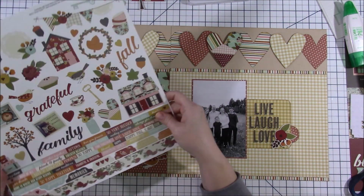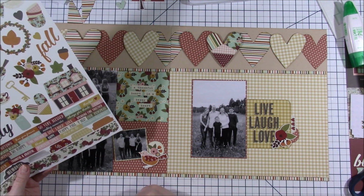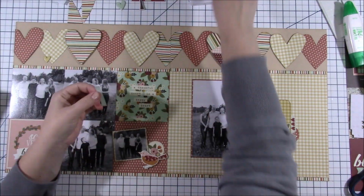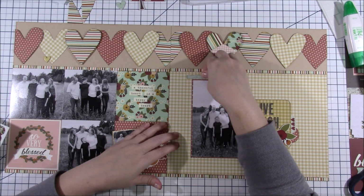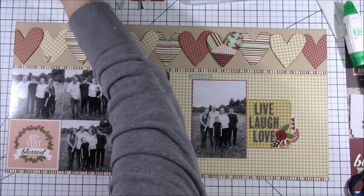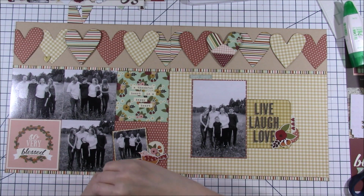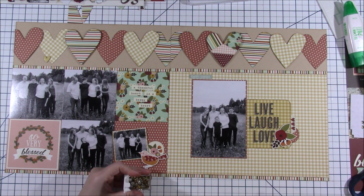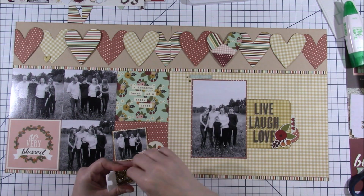One of the things they did have on their kit was a couple journaling strips below the photo area and one word that they cut from one of the 4x4 cards above the photo, where I'm putting this blue word sticker here, but I didn't like what it said on the ones they used. I think it said, "You're my cup of tea," or something like that, and I didn't want to use that here. So since I had all the other stuff from the collection, the sticker sheet and that, I just went ahead and added that blue sticker above the photo here, which does sort of make a third cluster area, but